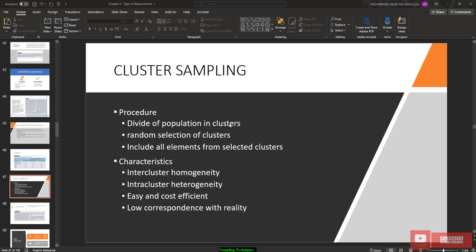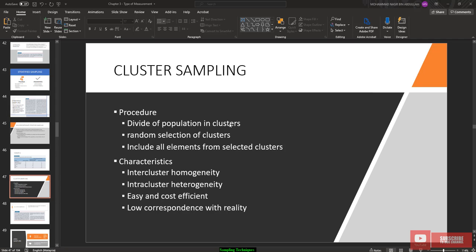Compared to stratified sampling, where we divide the population into groups, then select a sample from each group, right? For cluster sampling, we divide the population into groups, known as clusters, and we